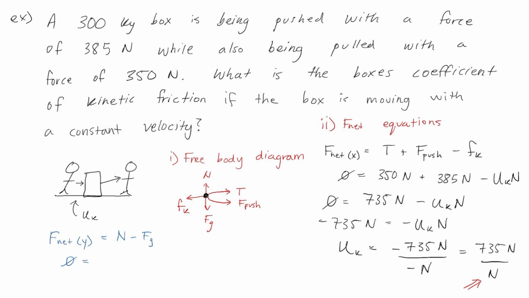We can replace F net y with 0 because the box is not moving up or down along the y-axis. And we can also replace the force of gravity with mg. Then we can rearrange and isolate for the normal force, plug in our values for the box's mass and the acceleration due to gravity, and what we find is that the normal force is equal to